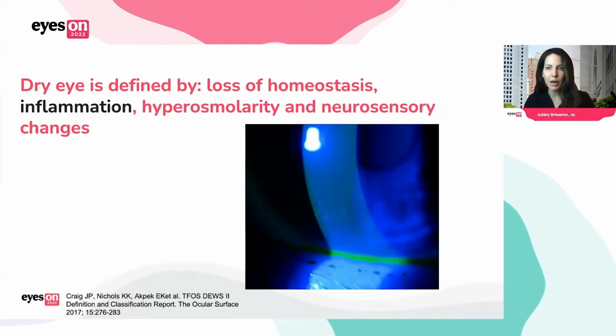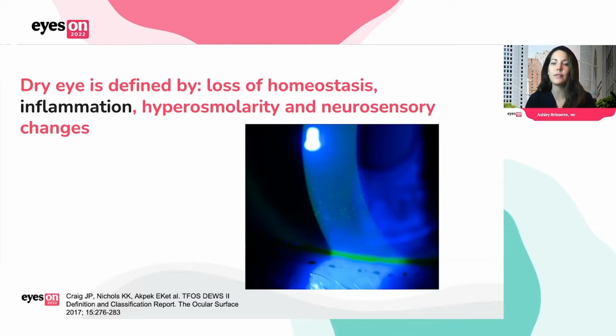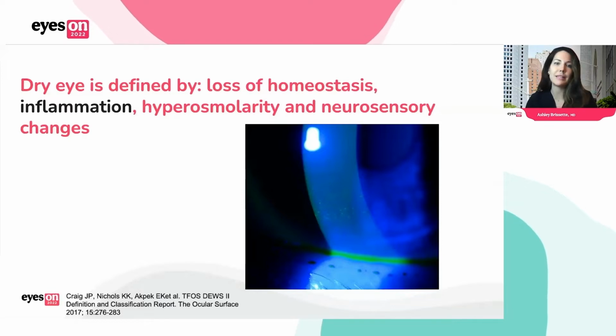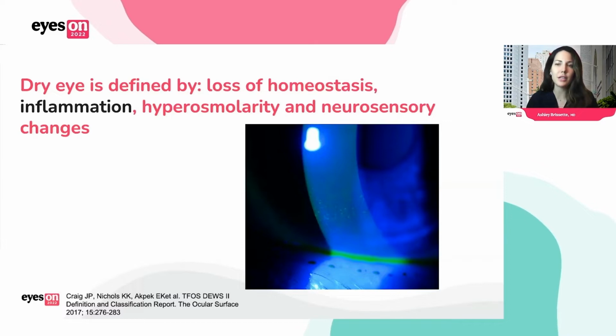Hyperosmolarity is pathognomonic for dry eye disease, and we can actually measure the osmolarity on the ocular surface using point of care in-office tests. So we have the tear osmolarity test, which is by Tear Science, which can do measurements of osmolarity. And you can actually use this as a metric to follow along somebody's osmolarity improving over time as they're on treatment options.